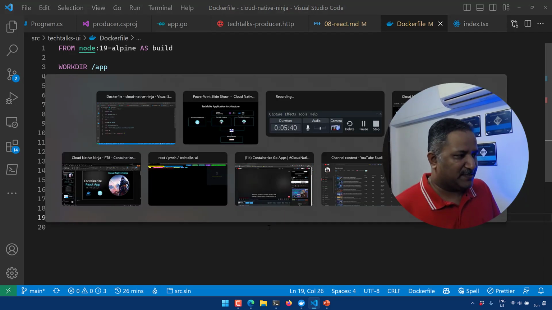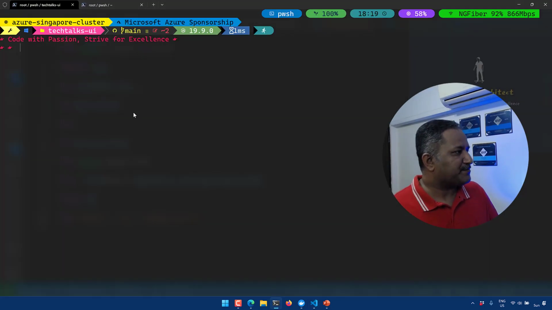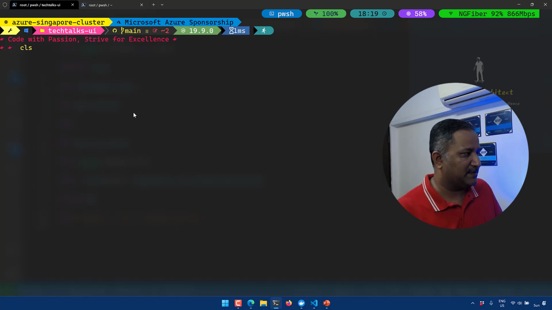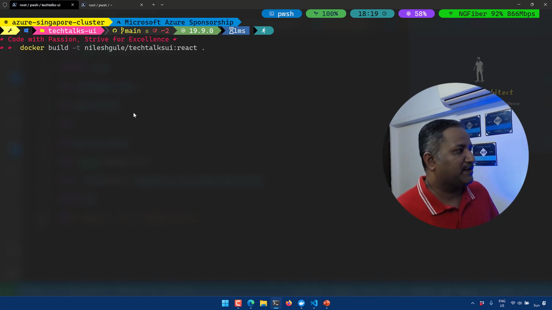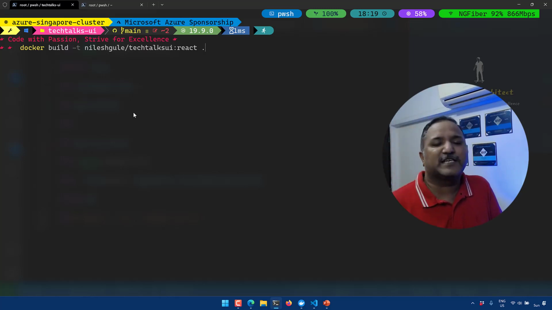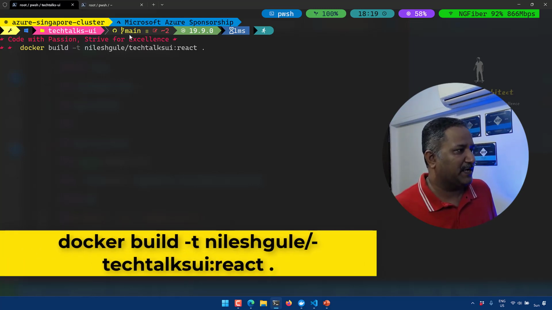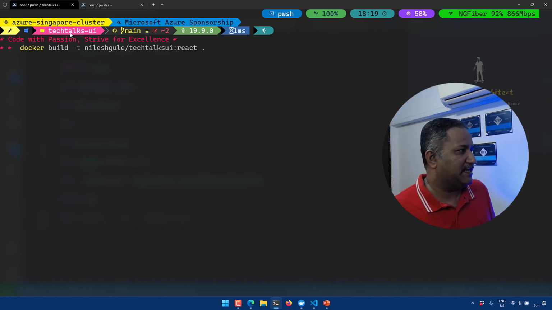So with this, we can go onto the command line or terminal, and we can generate the Docker file for this. So we use the docker build command, or we can generate the container image for this. So for generating the container image, we are going to use the docker build command. We use docker build. I am inside my main folder here, or main branch, and under that I am inside